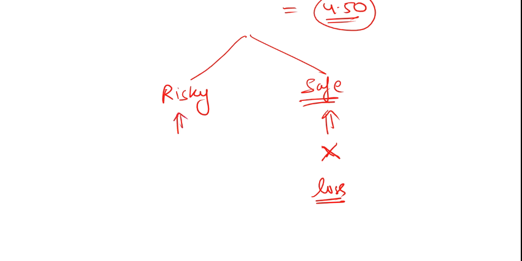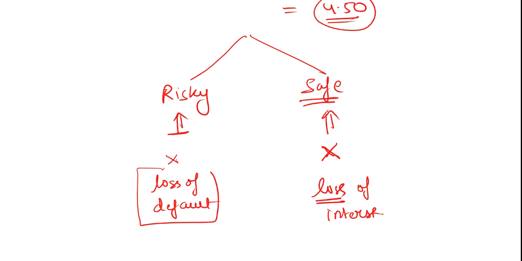And in the case of a risky borrower, we will pay the amount. What will be our cost? We will get a loss because of the default. Clear? So in the case of risky, we have the loss of default, and in the case of safe, we have the loss of interest income. So we can see that our loss is not equal: here it's a very huge amount and here it's just a small amount. So we need to adjust our factor in a different manner.